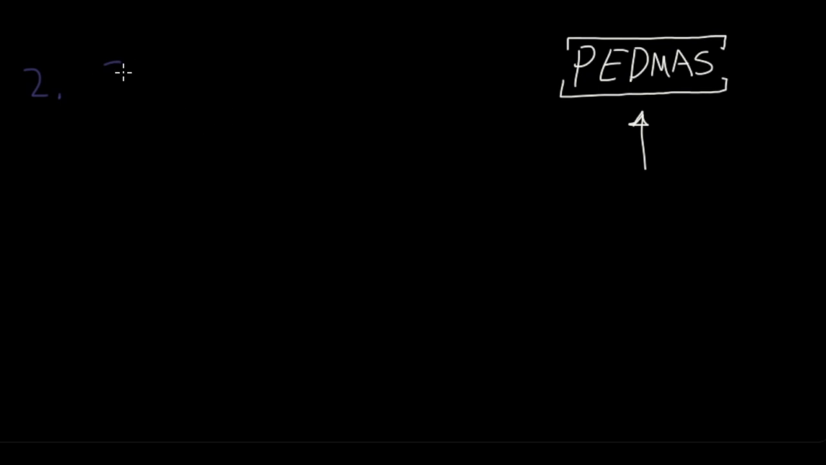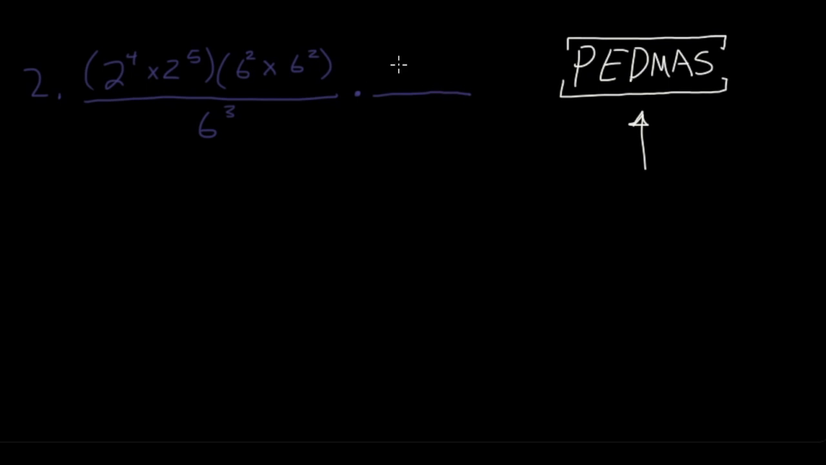So if I have 2 to the power of 4 times 2 to the power of 5 times 6 to the power of 2 times 6 to the power of 2 divided by, let's see here, 6 to the power of 3, multiplied here, the dot means multiplication, by 6 to the power of 2 over 3 to the power of 4. Okay,